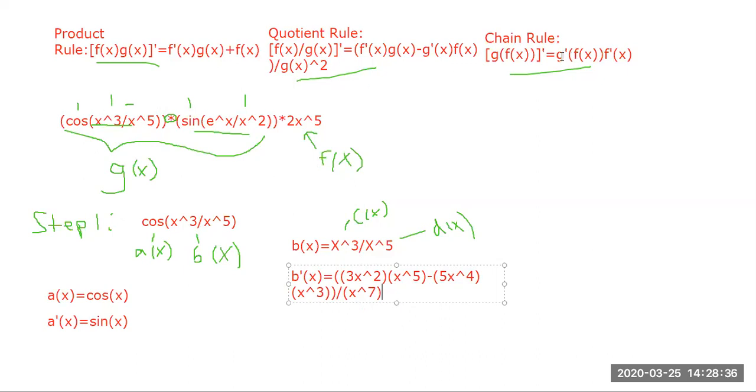We're going to substitute a for f and b for g. So we're going to come over here, right there, and we can even sum it up and write a of b of x